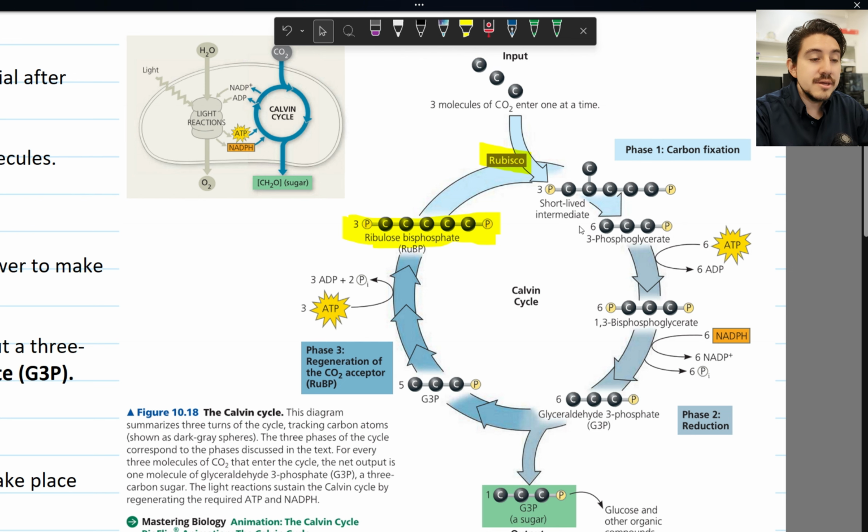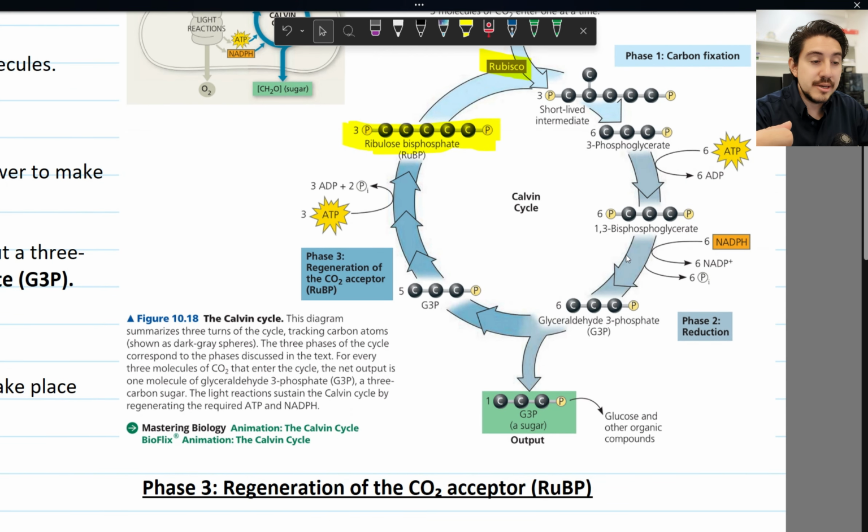Then this will break down into 3-carbon molecules, 1, 2, 3. Imagine you break this in half. Instead of having 3 of these long molecules, now you have 6 of these small molecules. This is called 3-phosphoglycerate. And this 3-phosphoglycerate will consume ATP, receiving a phosphate group to produce what is called